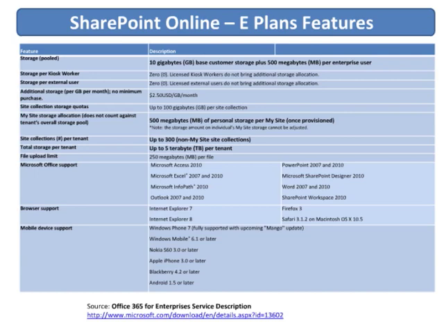Again, this is a breakdown of all the features that you find in the E-plan. This is similar to the one I showed you before. The biggest difference here, and I highlighted some of those items, is that the first thing is you get more storage. You can expand up to 5 terabytes. The other thing is that with the E-plans, you also have My Sites. And My Sites, like I mentioned earlier, are a special type of SharePoint site used for your own personal use. So these are sites where you can store your own private documents, but you can also share certain documents with some of your colleagues.